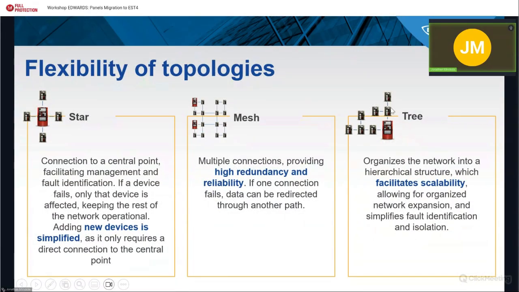So remember, in one point, you can connect up to 4 panels. Only 4 panels you can connect into a single EST4. Also, another benefit that you have is